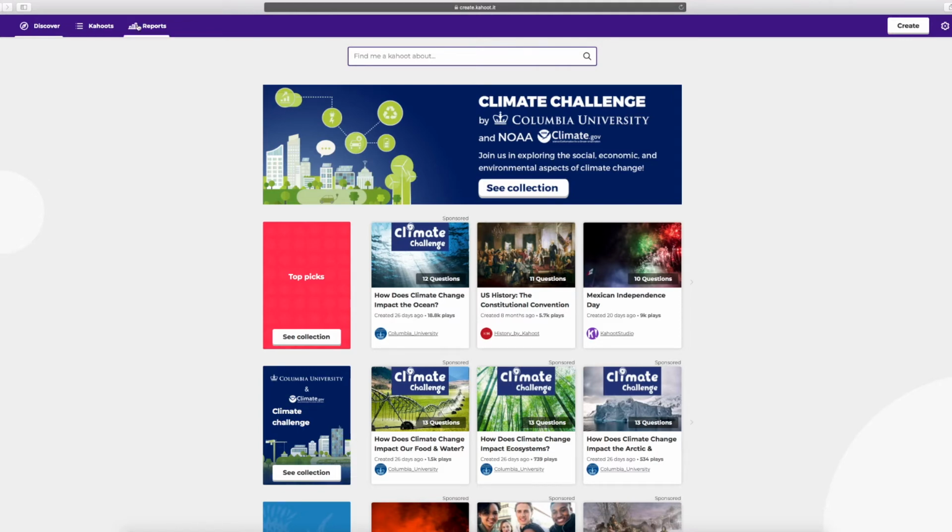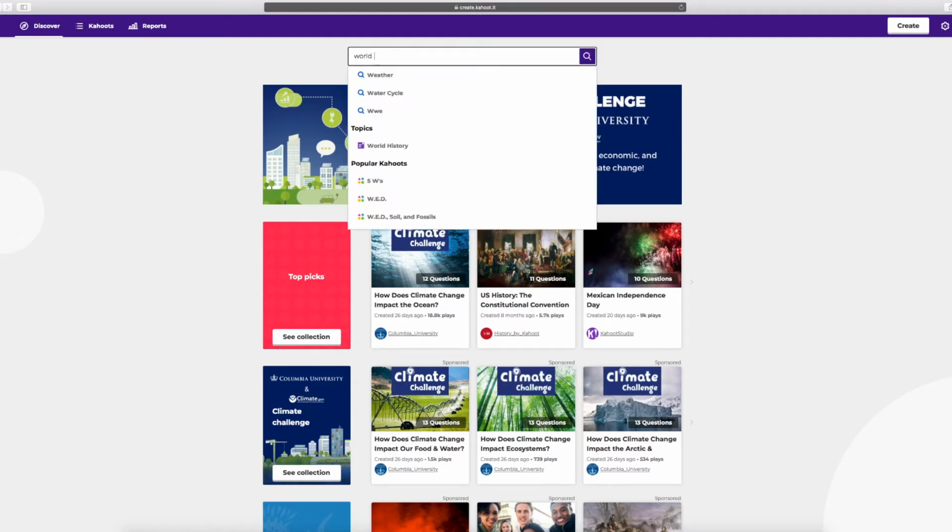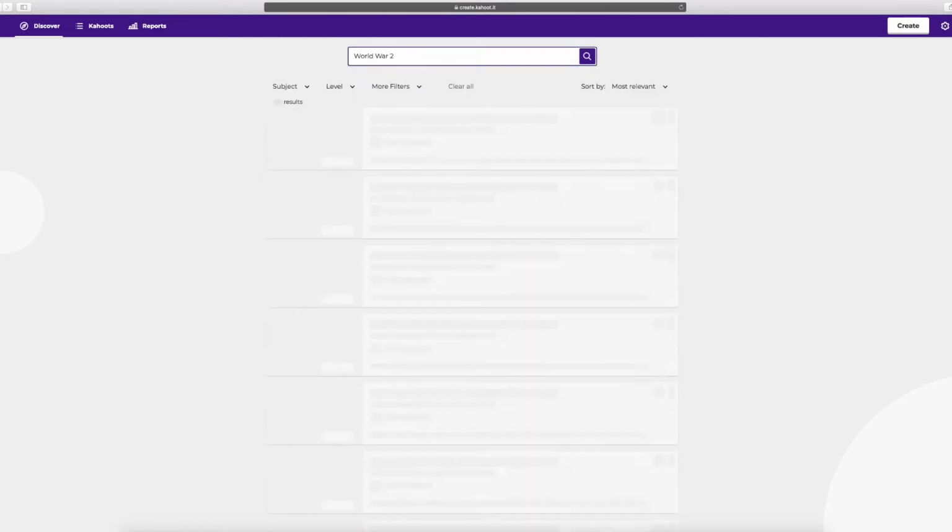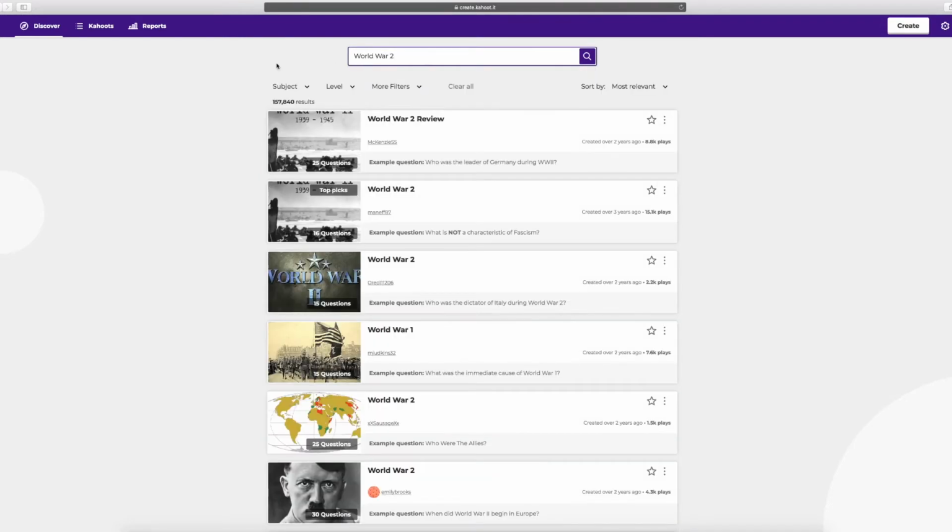And so as we're looking here at the splash page, we have a couple of options of some pre-built Kahoots that we can go ahead and add to our profile. So if you notice up in the upper left, we have Discover, Kahoot, and Reports. And so say for instance we just wanted to do a search for a pre-built one that involved World War II. We're presented with several different options, and we have a filter that we can go ahead and filter based